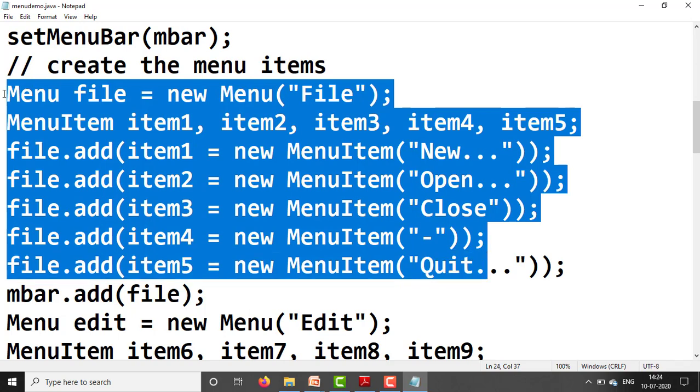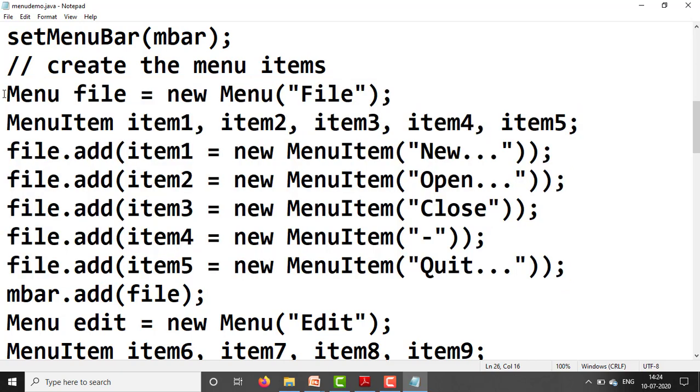Next, file.add(item5 = new MenuItem("Quit")). Like this, the sub menu items we have created and added to the menu file.